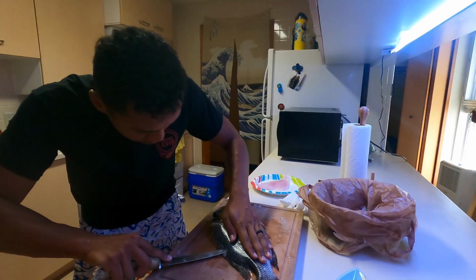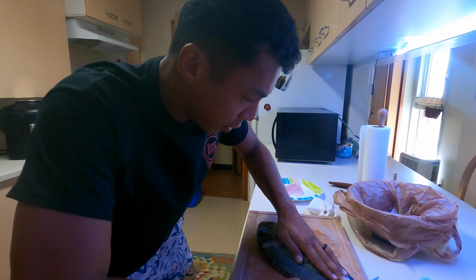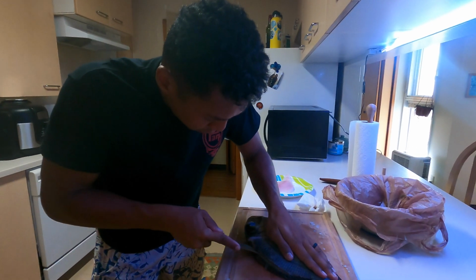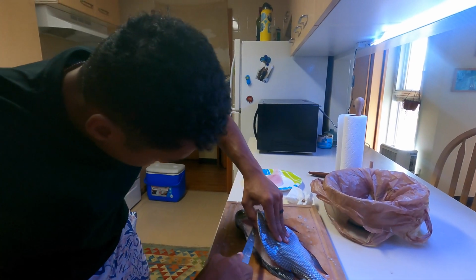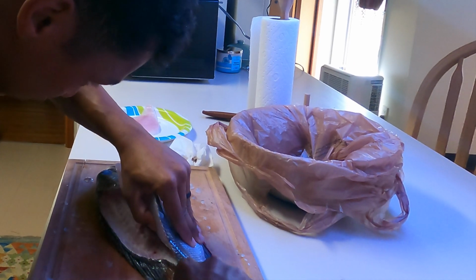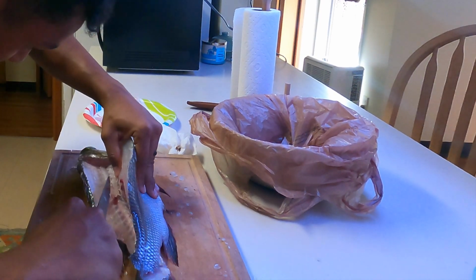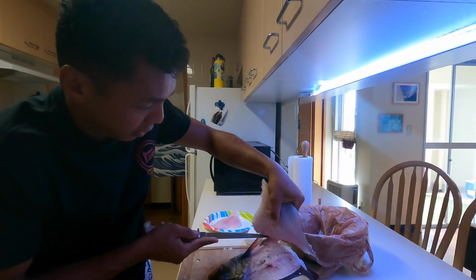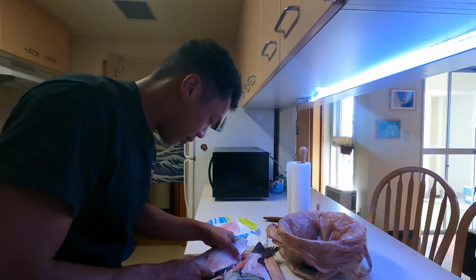Here we go. Poke all the way through. Come down. Yeah, on this side you can definitely see where the shaft hit him, where he got speared. Now we're also going to use the rest of the meat, like the head, backbone. This thing's hard to...